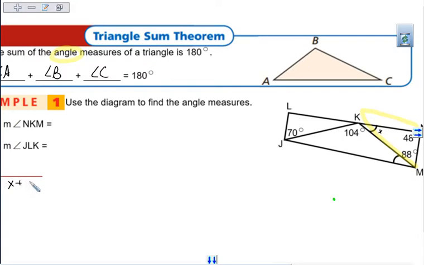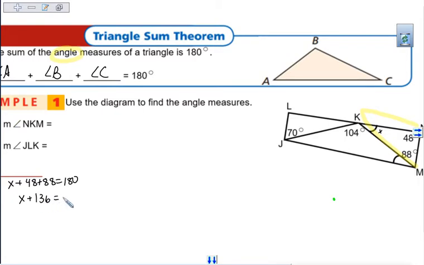So x plus 48 plus 88 equals 180. Now we combine our like terms, and 48 plus 88 is